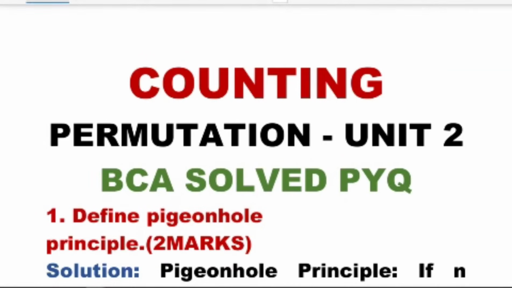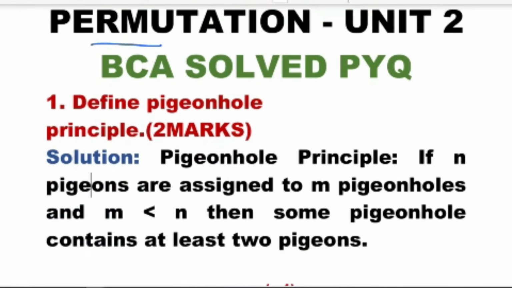Today I am here with the chapter Counting, Unit-2, BCA first semester, Computational Discrete Mathematics subject of second year NEP, solved question papers for the chapter counting, subtopic permutation. So we will be seeing what are the questions which will be asked in this sub chapter. So yeah, let me take the first one. First question is,